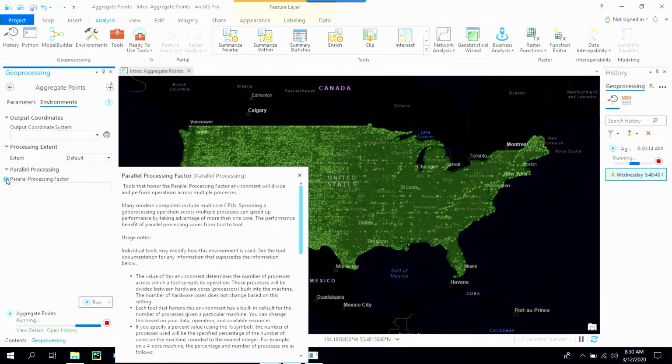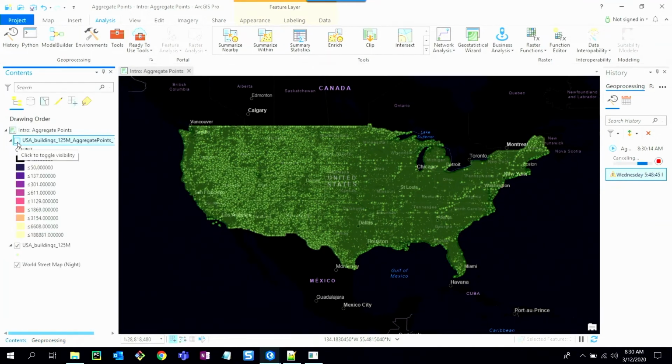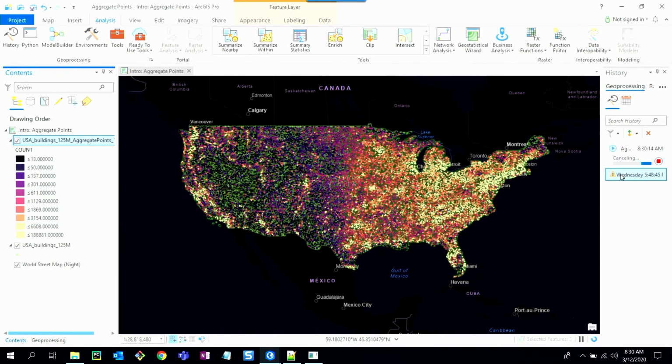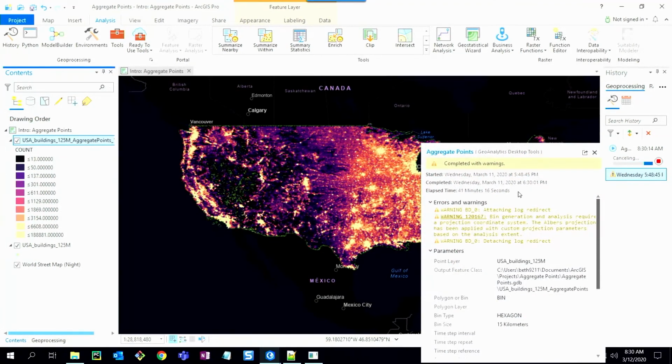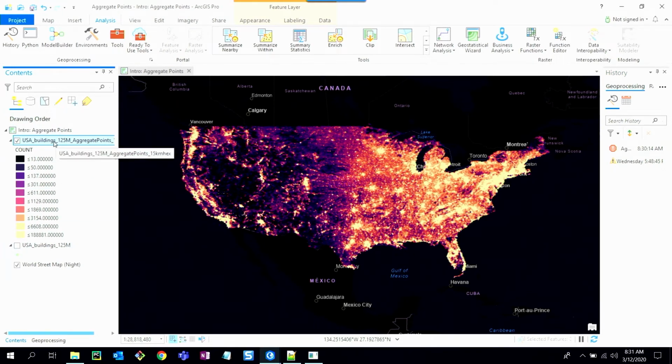So for the sake of time, I do have a loaded layer in my map here. You can see that this analysis took 41 minutes on my desktop machine. This analysis I was previously unable to complete on my desktop without using GeoAnalytics desktop tools. So immediately it becomes much more clear where the patterns and trends are in this huge data set. The ability to crunch large, noisy data sets into something more meaningful, even visual, is an incredible benefit of using